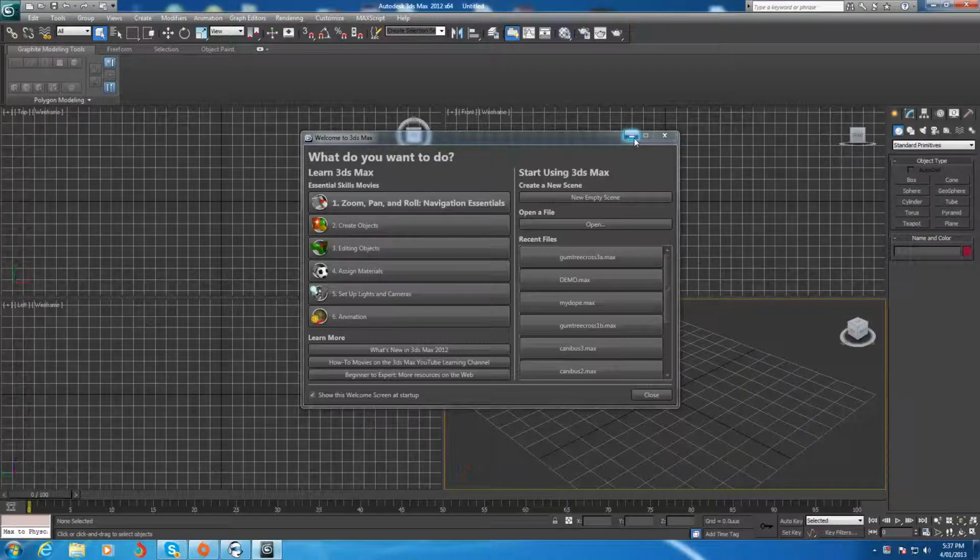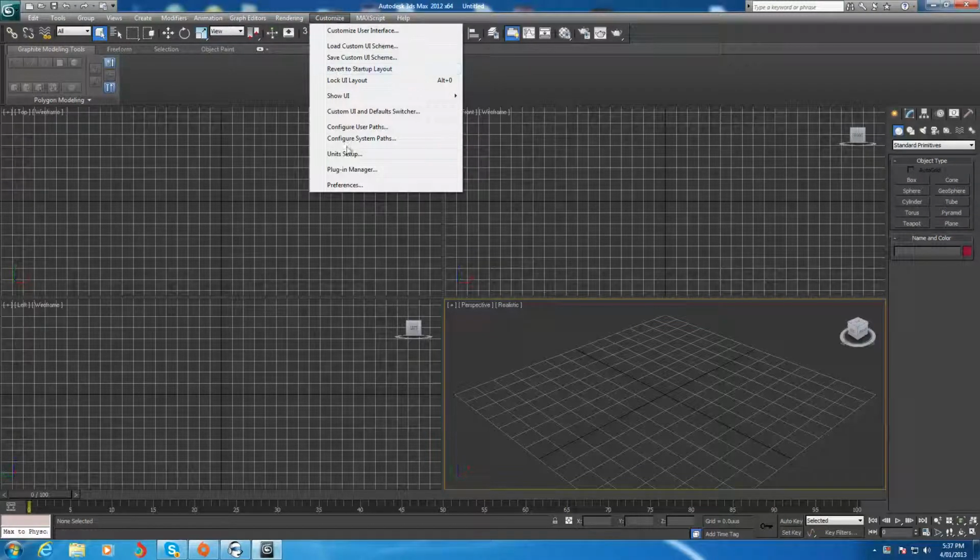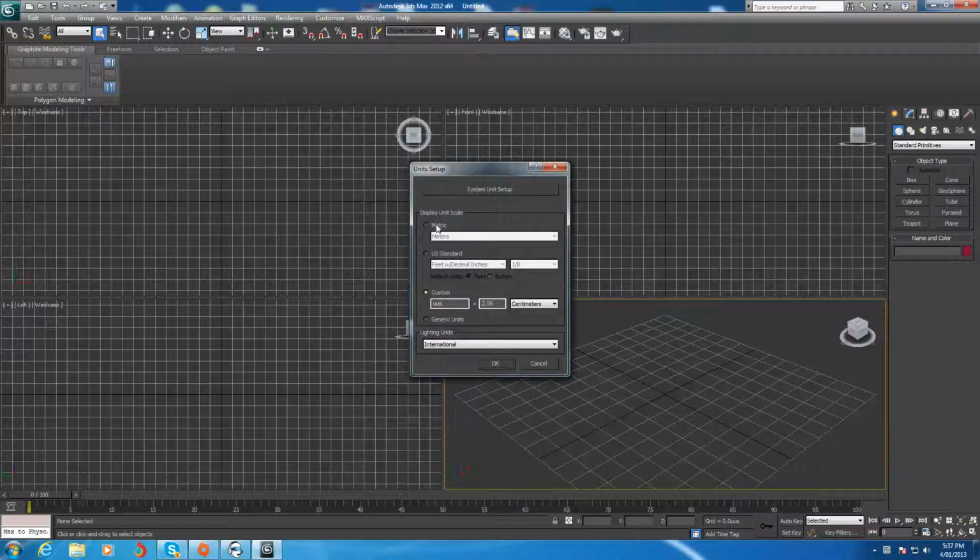What I'll do is I'll show you a tube and I'll show you how to measure it, so I'll just temporarily close that. Before you make a model, you would go to Customize, then you would go to Unit Setup, and you'd select Custom and type UUS just in there, and you would type 2.56 in there. 2.56 centimeters is one Unreal unit, and then you would click OK